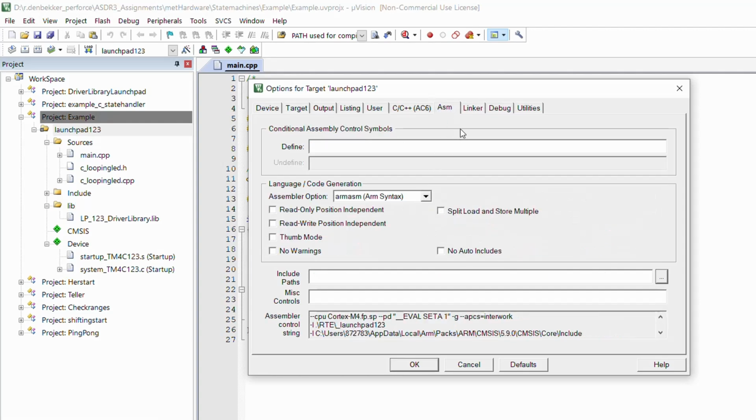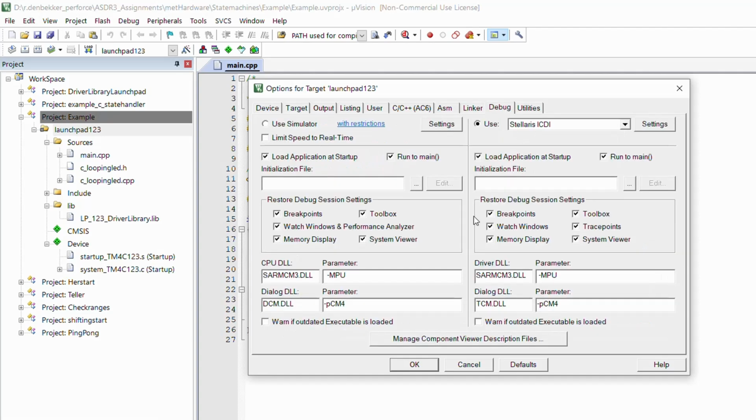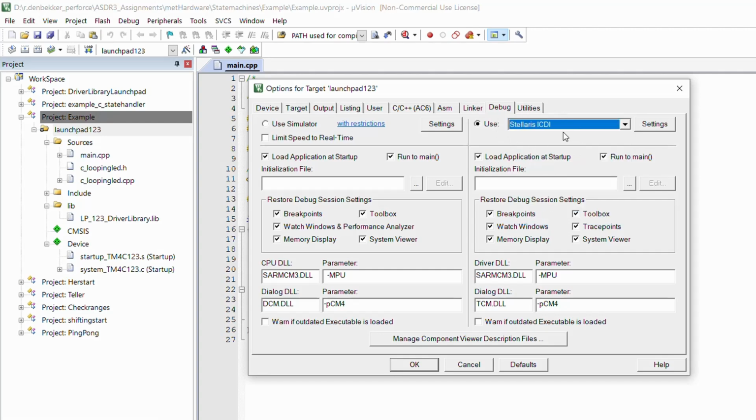We don't use the assembler, linker likewise, and the debugger you already know where. Here we decide or say which interface we want to use, or we are using the simulator. Yeah, that's about it. A short introduction to everything that's on the tab, and you will explore them more and better